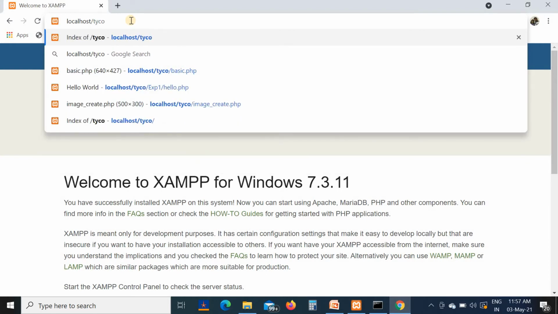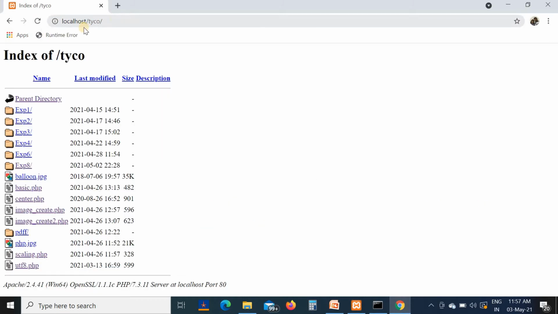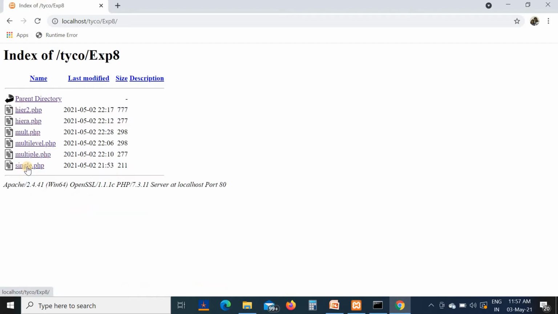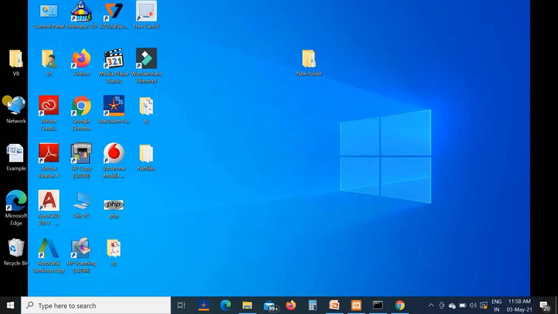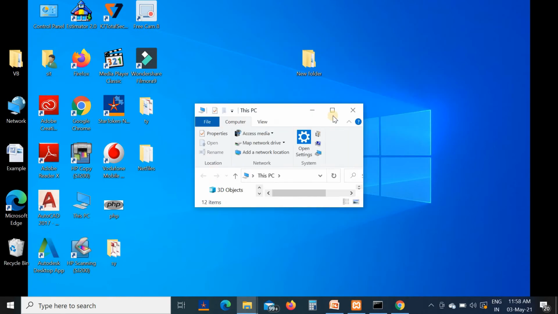I will call that particular path. In the TYCO folder, in experiment number 8, I created the program for single inheritance, single.php. See the program.